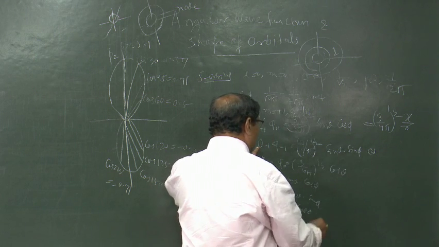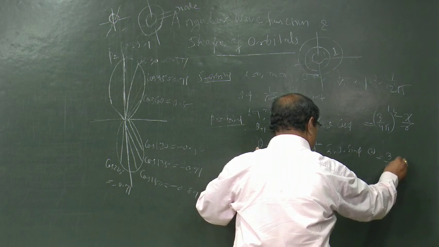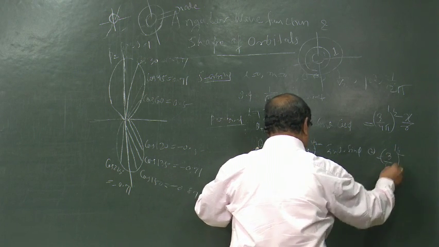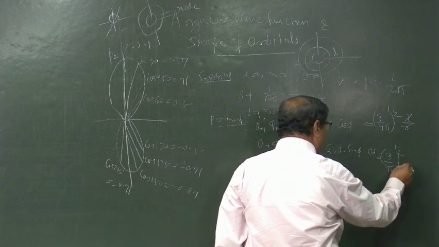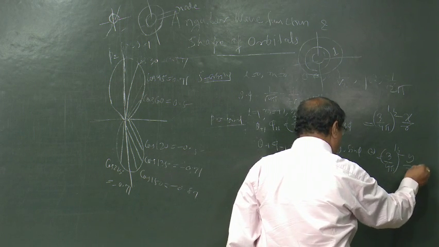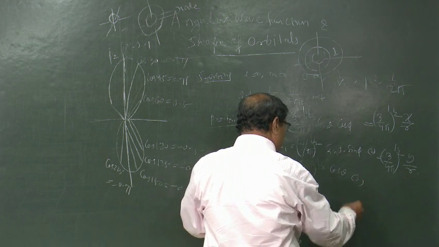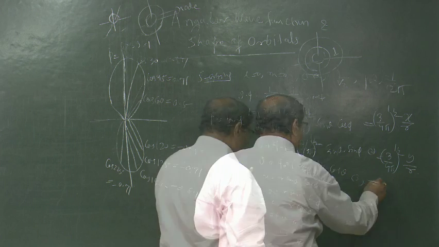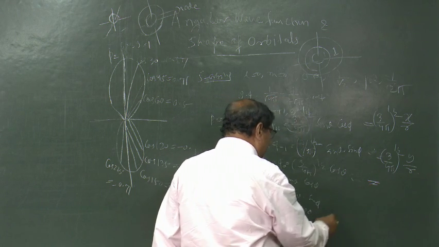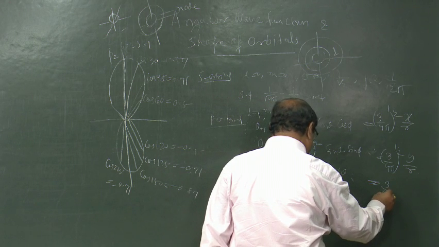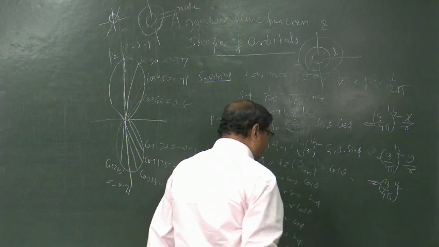Here we can write 3 by 4 pi constant, and in place of sin theta sin phi we can put y by r. Similarly, in the third equation, in place of cos phi we can write 3 by 4 pi half